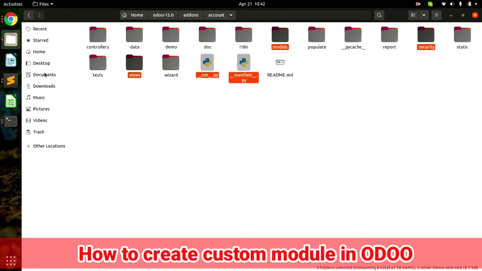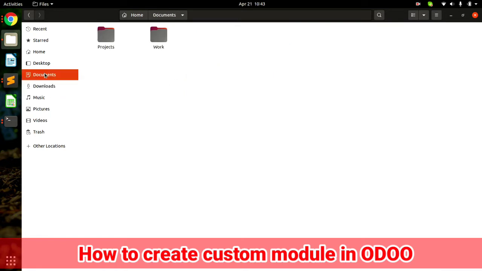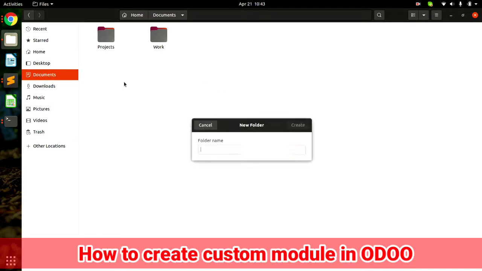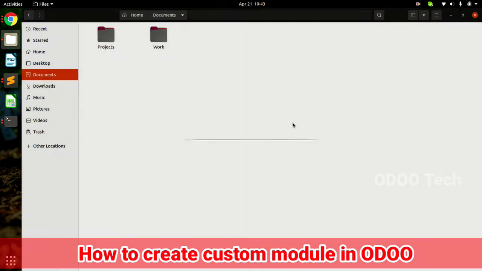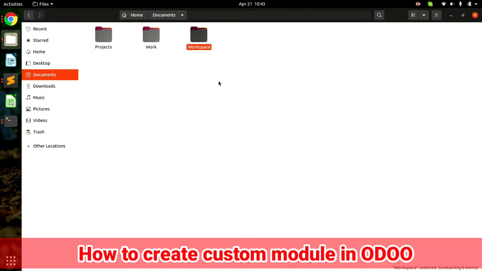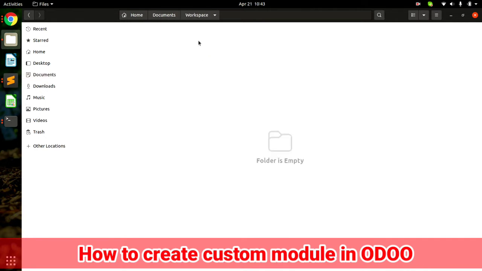Now I'll teach you first how to create a custom path. First select any specific location. I'll go to the documents and I'm creating one folder as a workspace. Whatever customizing or new modules I'm going to create, I'll make them here.